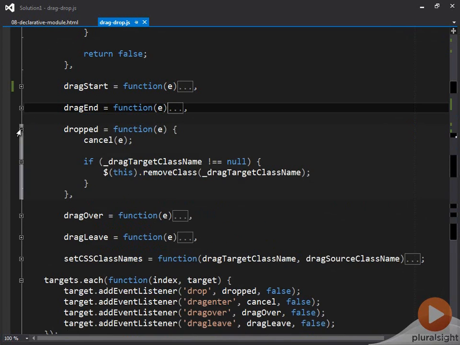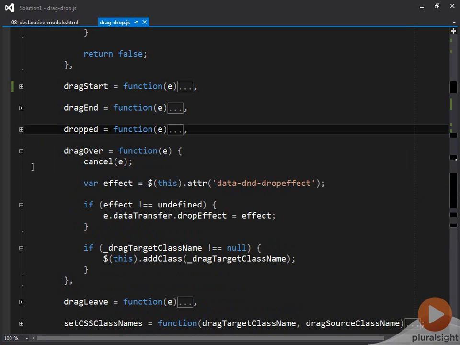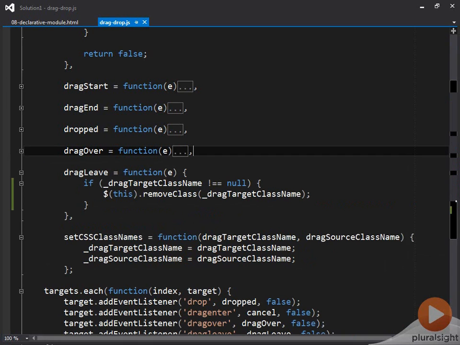For dropped, most of the functionality ends up going into dropped, but this is just a basic stub. Here, for dropped, what's most important is that the drop target class name is removed from that element when the drag source is being dropped onto the target. Drag over is set up to apply the drop effect that was assigned in the markup. Here it pulls the effect that's defined on the drop target in markup, and if there's a value for it, it sets it to the drop effect on data transfer. Also, if there's a CSS class that needs to be applied to this drop target, it adds that in there as well. For drag leave, it just removes the CSS class for the drop target as the draggable item is